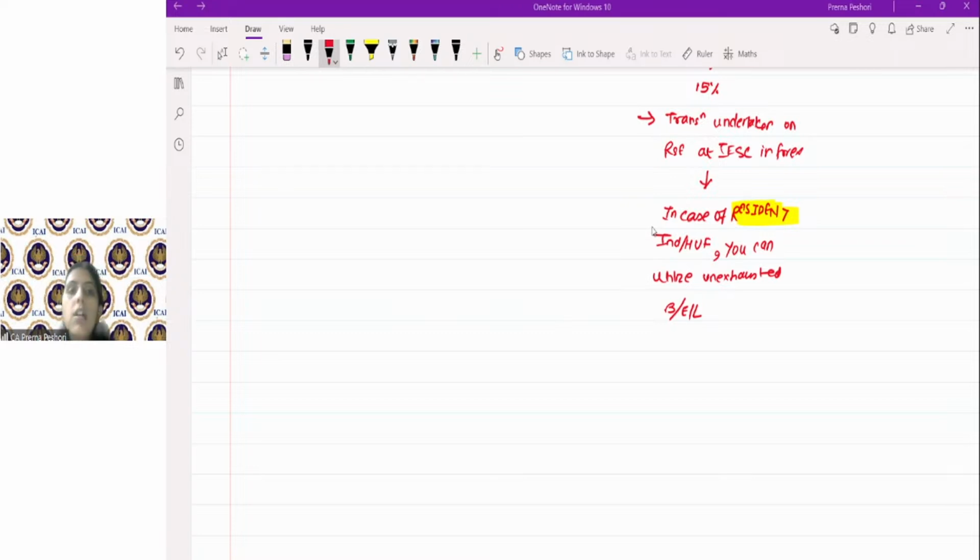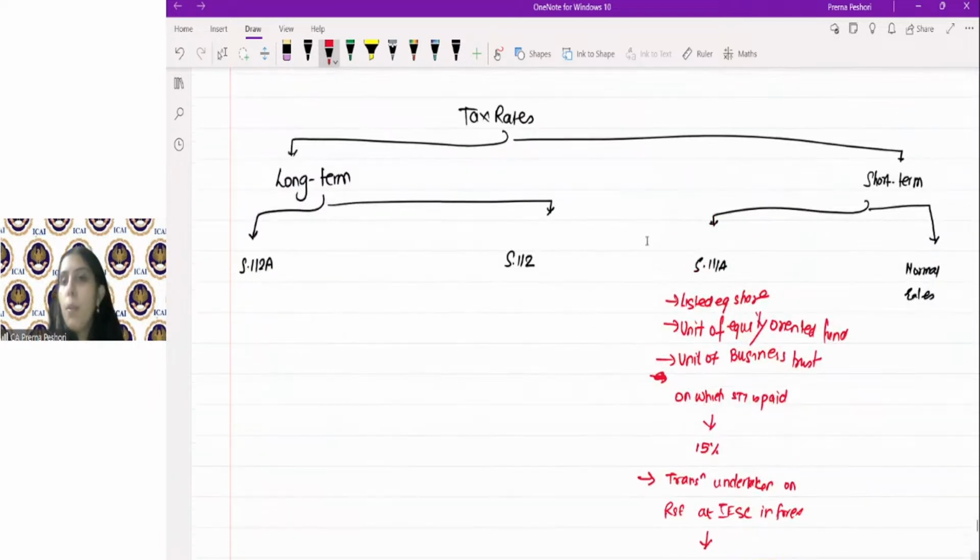Are we clear? Further, no chapter 6A deduction is available. Are we clear? So this is for 111A. Other than this, assets, everything else will be taxable at normal rates. Clear? Now, in respect of the long term capital asset,